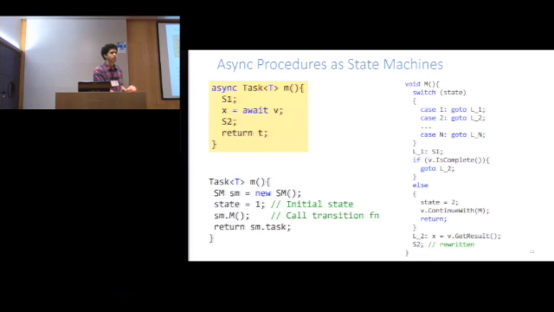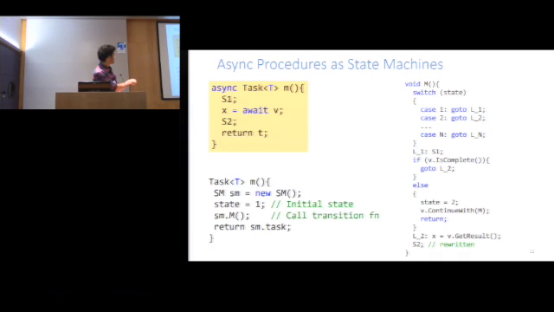So don't try to read the code at once. I'll tell you what it does. The state variable controls what state the state machine is in, and these cases correspond to various continuations within this M. To convince ourselves that this is correct, let us look at the case where M is invoked